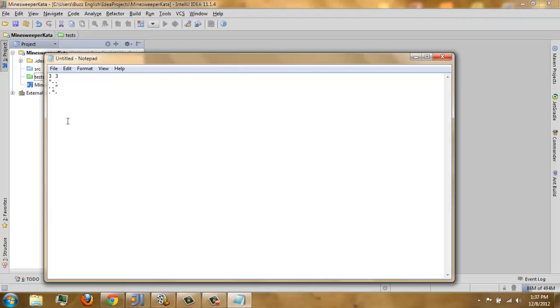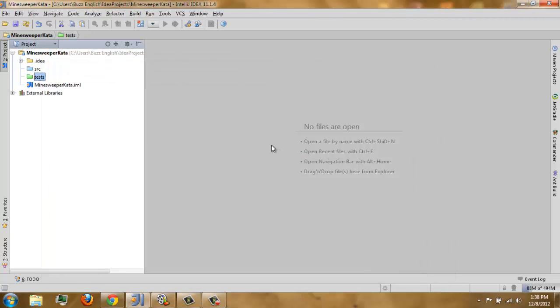Okay, so the first three there is the row. Next is the column, and below is our grid, which contains 9 cells, and each cell has a value of either an asterisk or a dot. If it is an asterisk, it means it is a mine, and a dot will be solved later. Right, Matt? So let's close this and save.